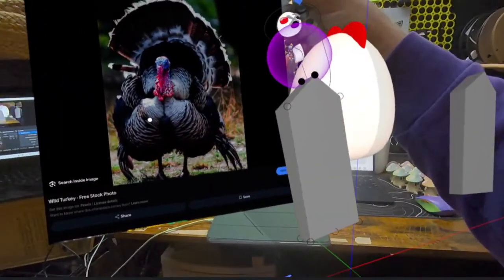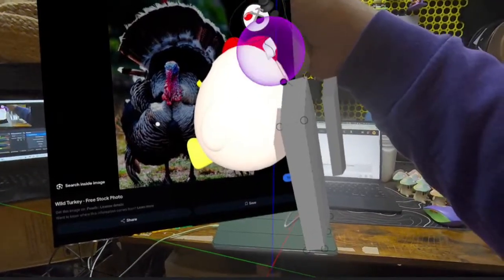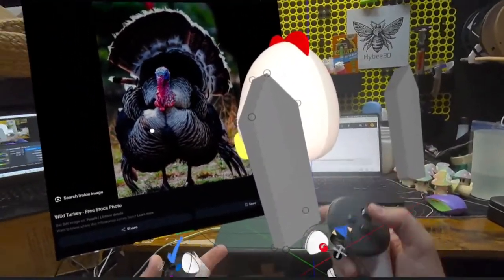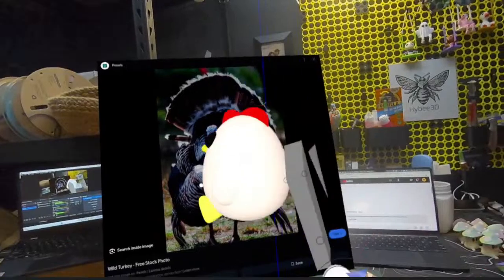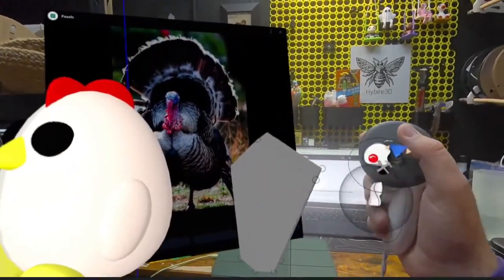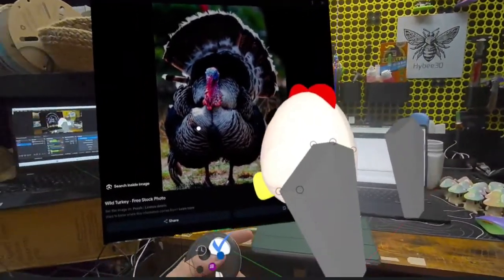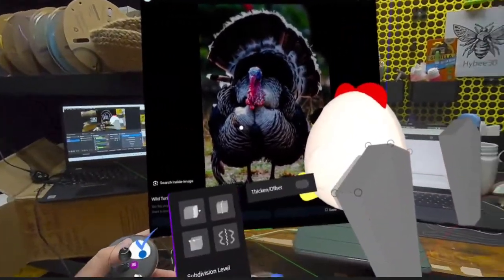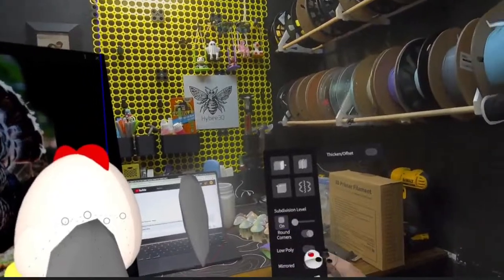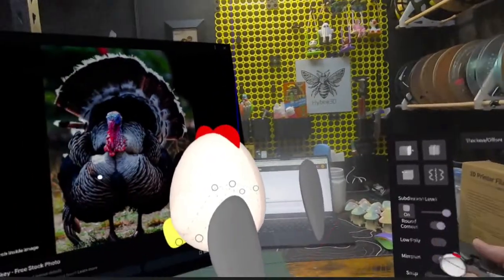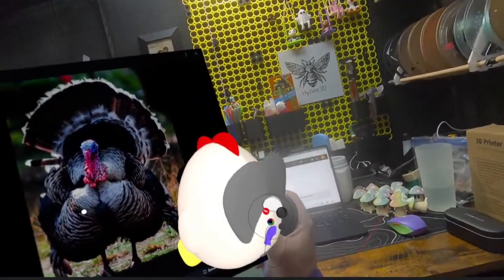And I mean, it's pretty basic to be able to do a feather shape. Turkey feathers are a little bit different though because they fan out, huh? So let's start with that. Let's see what a subdivision on that looks like. Okay. There we go. Hey, that's not bad at all actually.